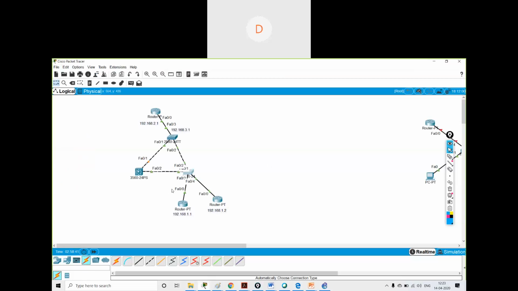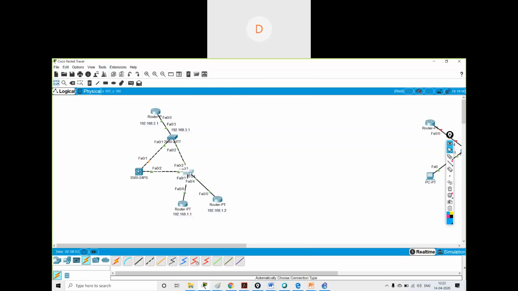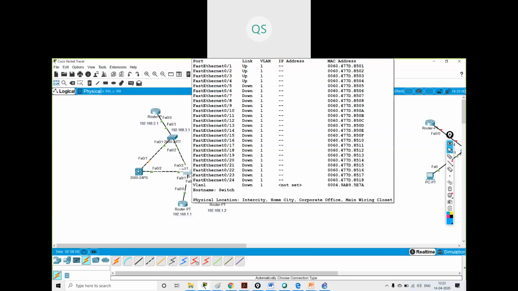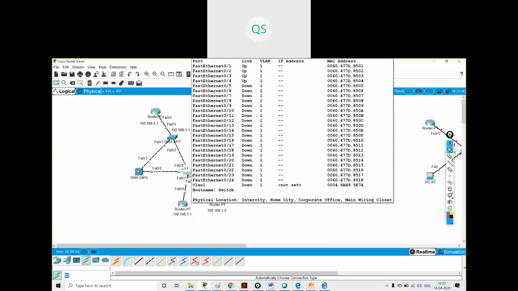Are you not supposed to disable CDP on the interface connecting to them, not the interface connecting internally? Yeah, but I'm just showing you because we don't have any ISP connection over here, so I'm just showing how to disable it. Yeah, absolutely. Okay.